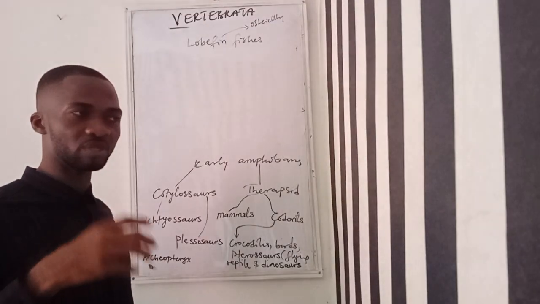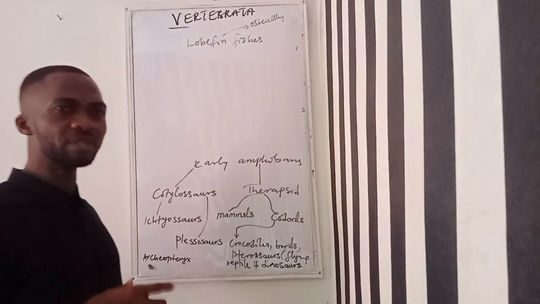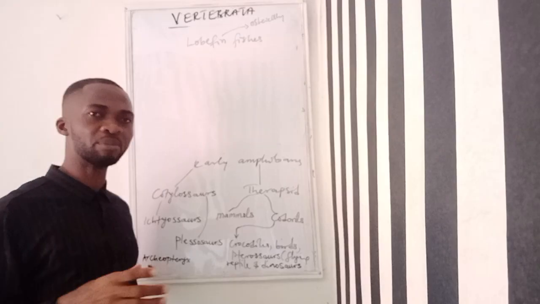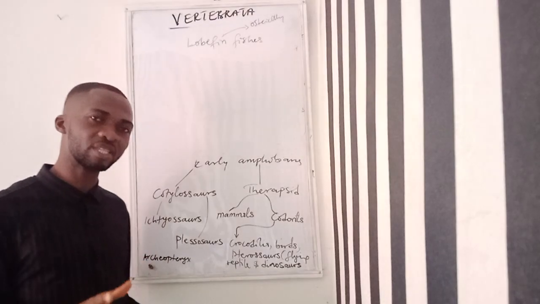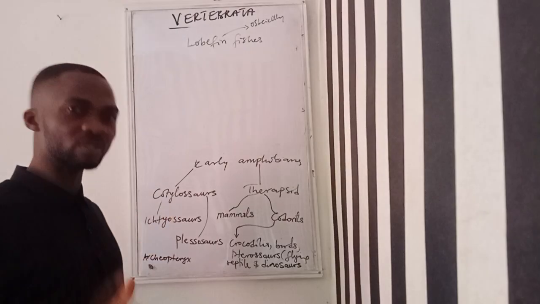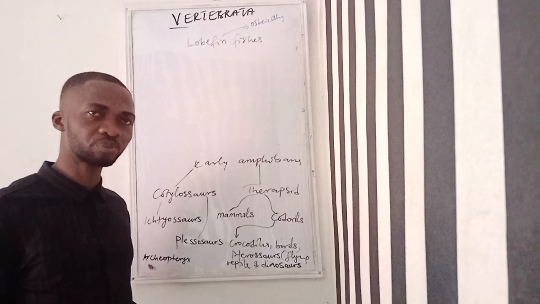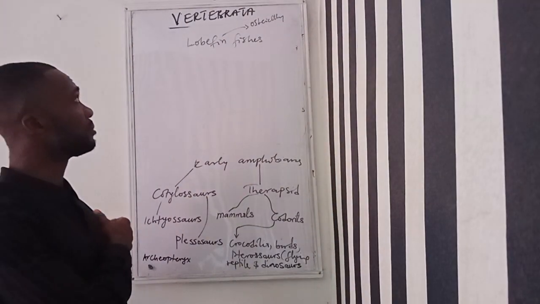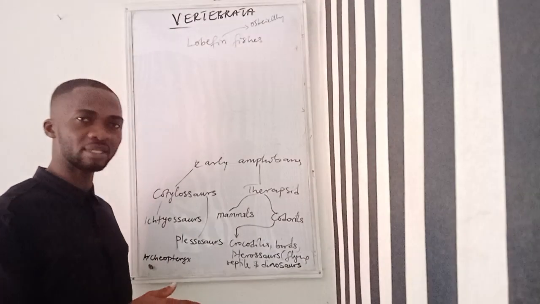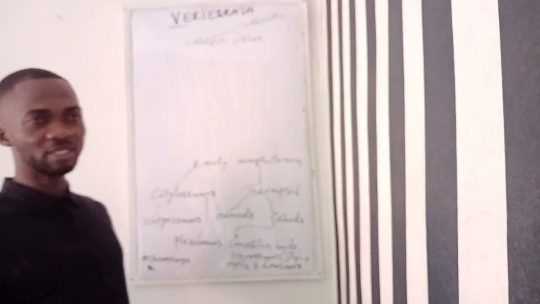Once they take in that oxygen, they hold their breath and reduce their level of metabolism, so as to conserve the oxygen they have taken. They have specialized ways of conserving the oxygen until the next time they come up to take in oxygen. But these lobe fins were evolving into a group of animals that partly stay on land and partly stay in water, and because of that, gills would no longer be needed. So these lobe fins gave rise to the first group of amphibians.